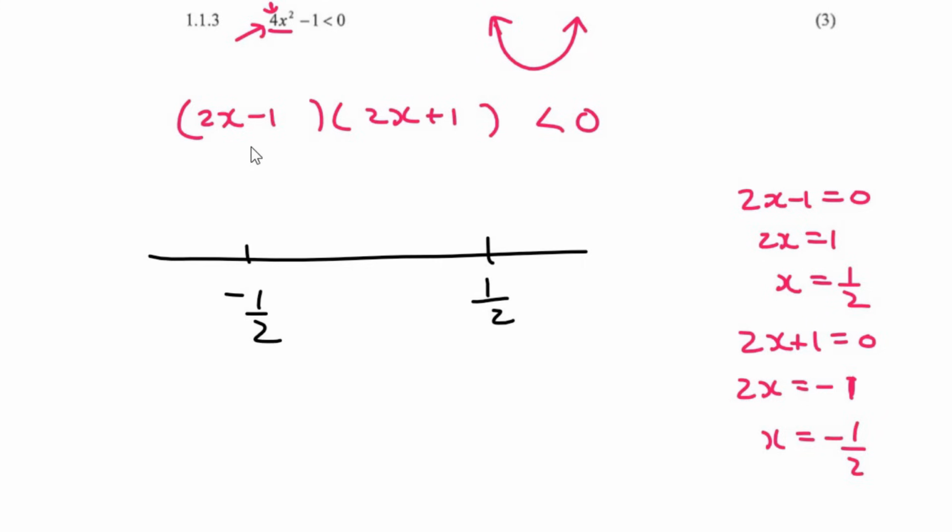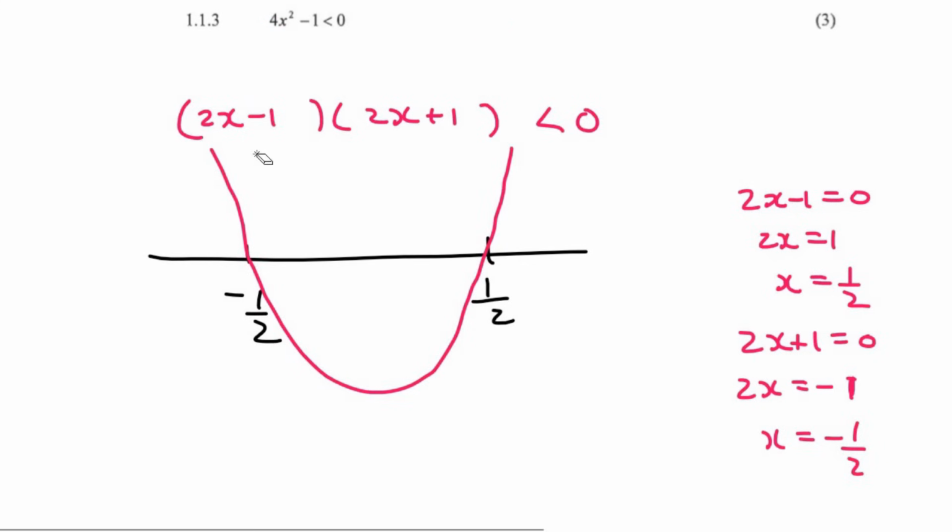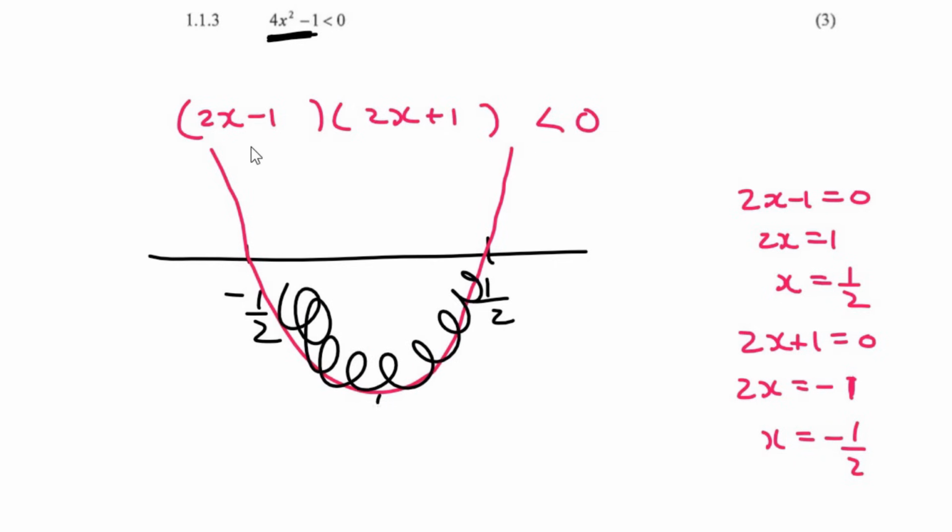And so you could imagine that we've already found the x-intercepts of this graph. It would be negative a half and a half. So I'm going to draw a happy parabola, or I call it a happy parabola because you can see that it's smiling. And then all that I do is I look at this equation carefully. It says, where is this parabola smaller than 0? So it's saying, where is the parabola negative? Now, guys, they're not talking about negative as in these numbers. What they mean mathematically is, where is this parabola beneath the x-axis? So this part here would be where it is negative,